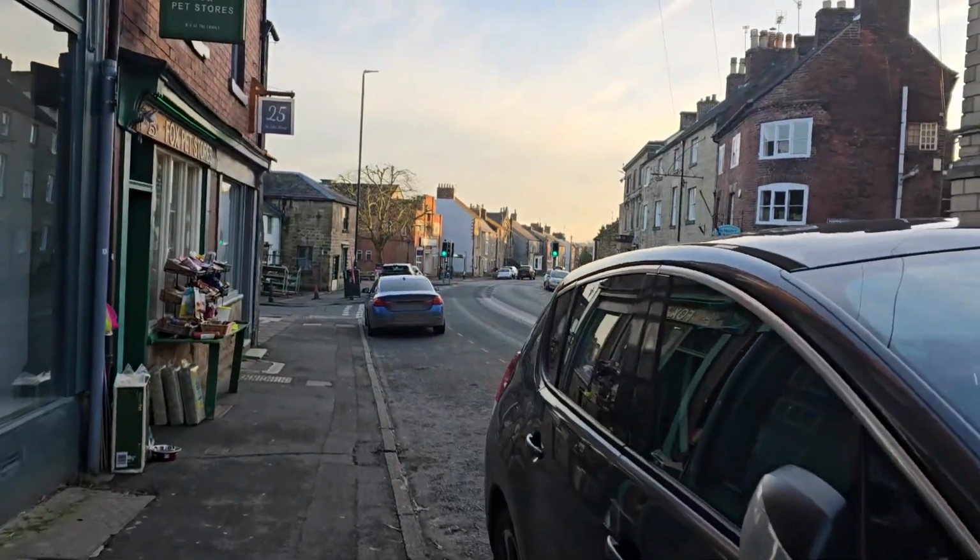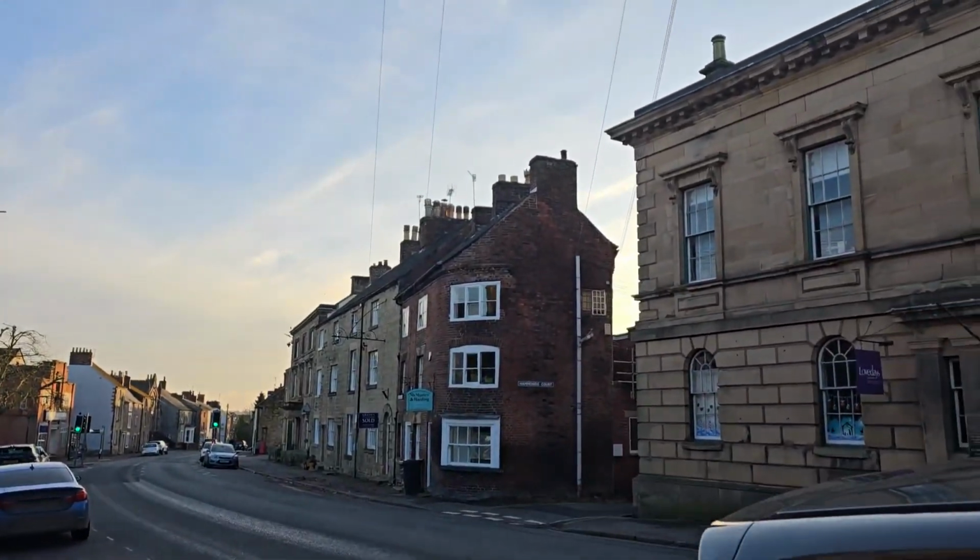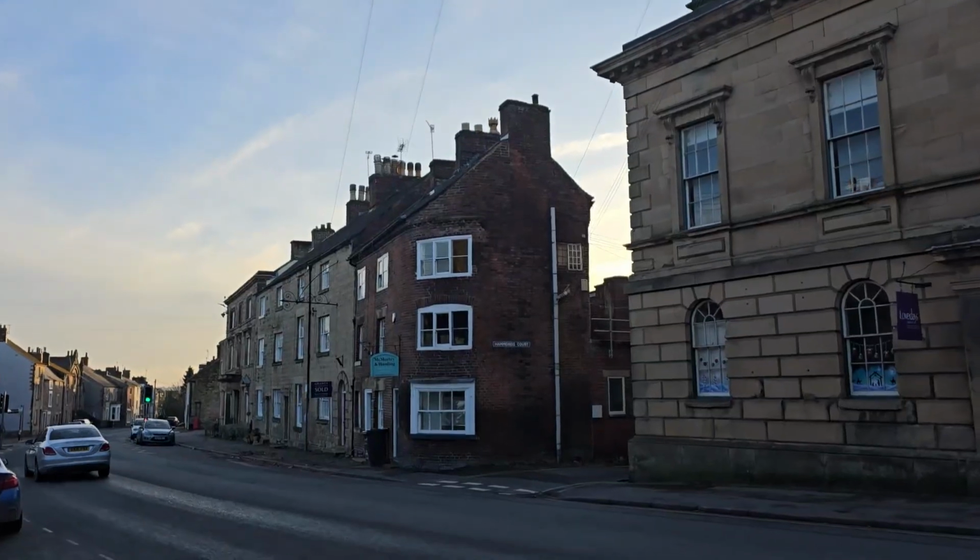There's another thing that I spotted before I came here. That little thing there, it says Hammond's Court. That's supposed to be quite pretty down there, like a little